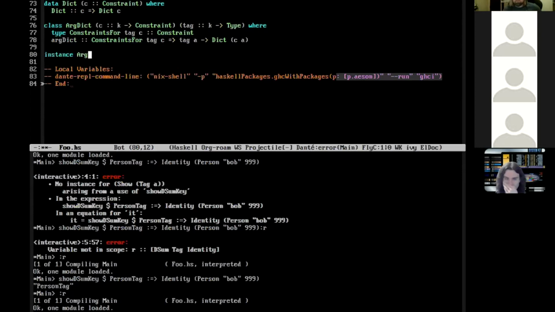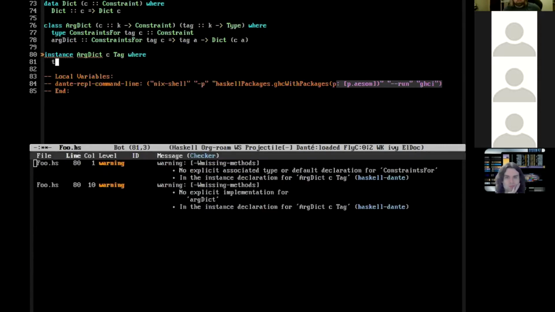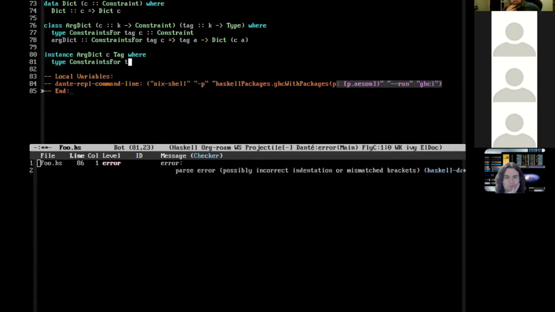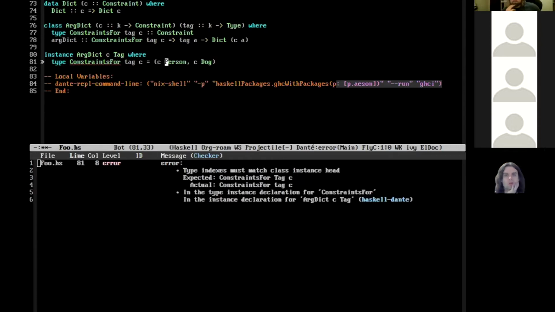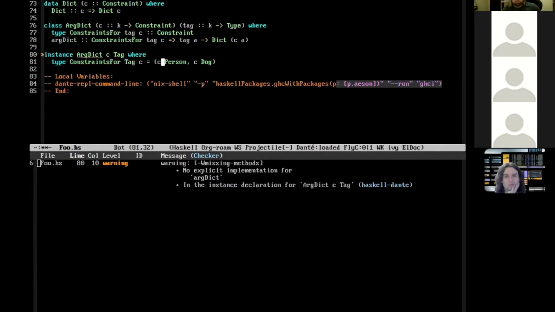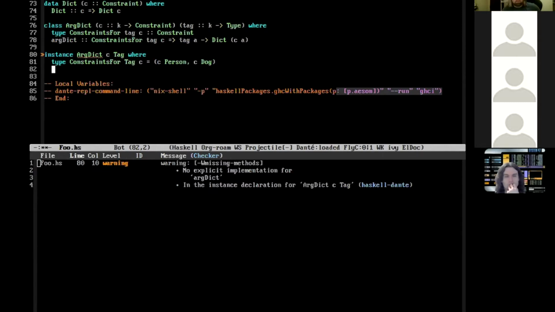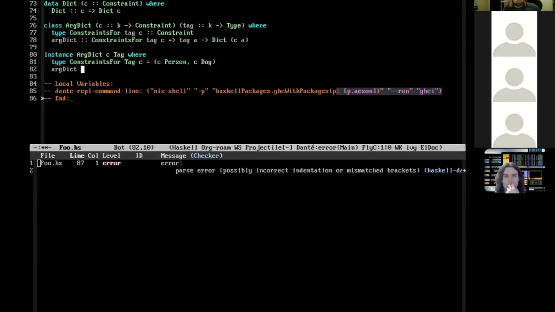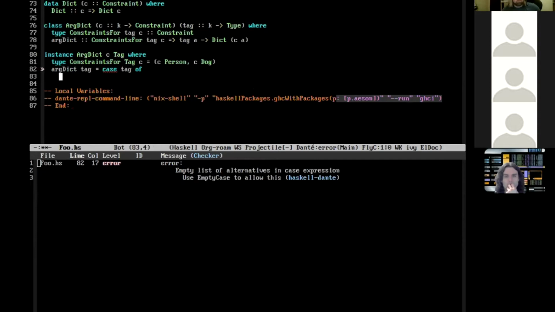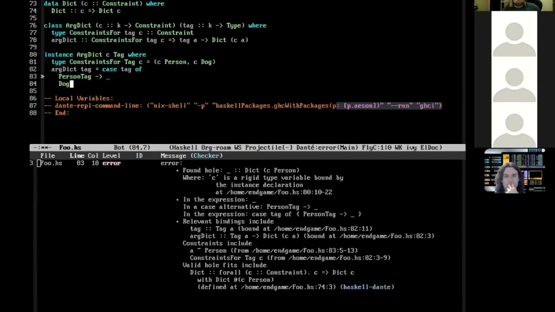So the instance for some constraint constructor C for Tag, we need to provide the constraints for Tag C, which is going to be C Person and C Dog, because these are the two types that can actually appear in the A of a Tag A. And then to find the actual dictionary, the ArgDict for a tag is either a Person tag or it's a Dog tag.